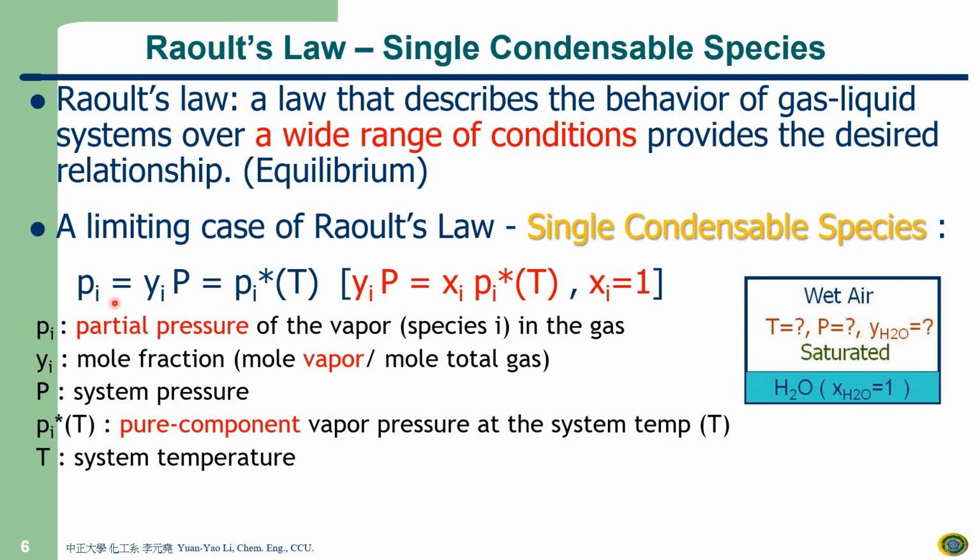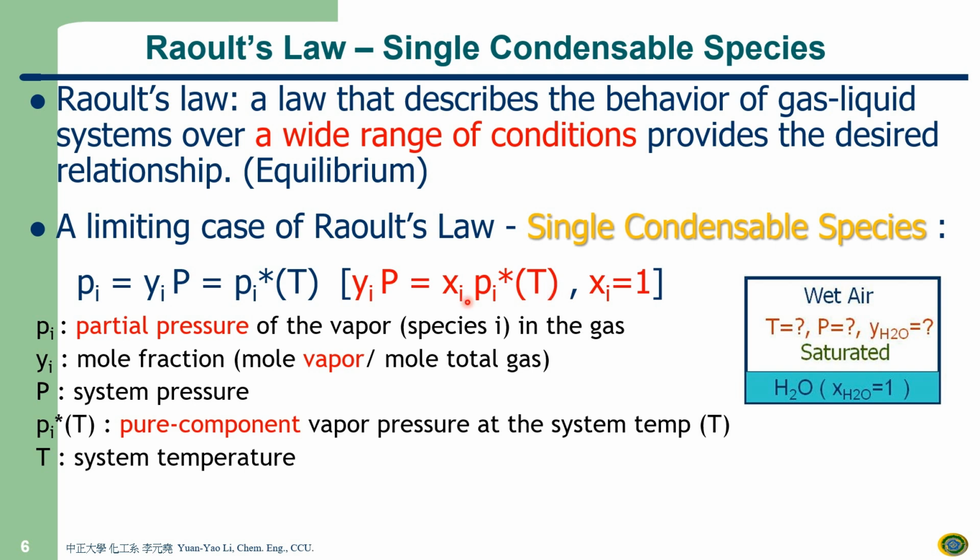Okay? P_i is a kind of partial pressure, equal to y_i, the molar fraction of the i species, times capital P, the system pressure. This is not the general Raoult's law. This is a specific Raoult's law for one condensable species. The real Raoult's law is like this: y_i times capital P equal to x_i times